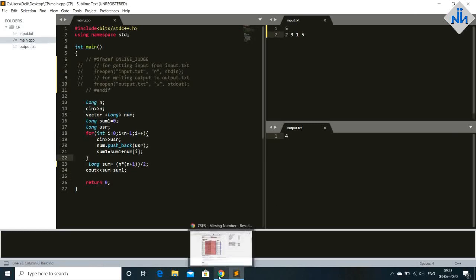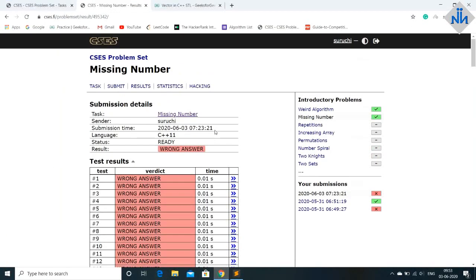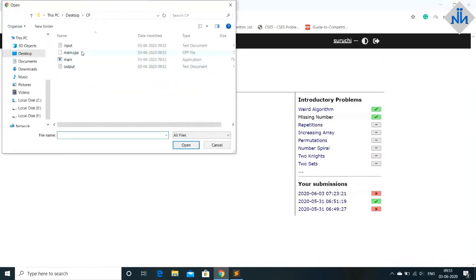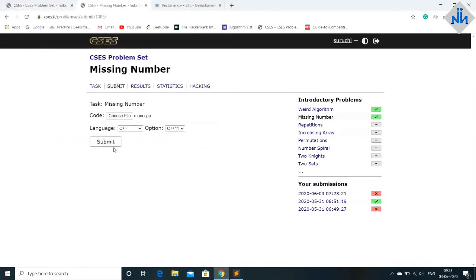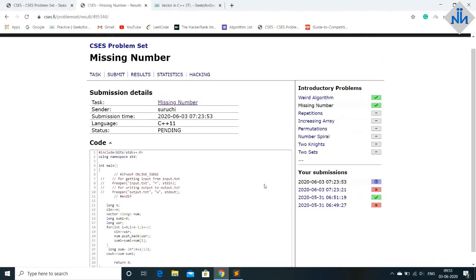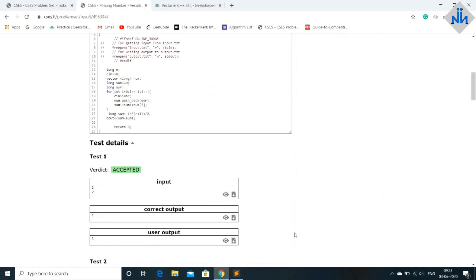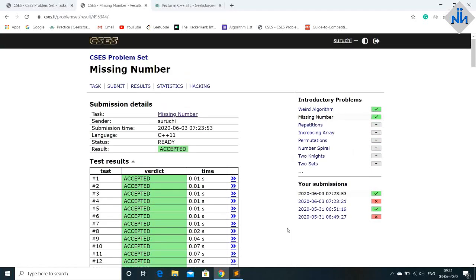Okay, we don't really need that. And is it saved? Yes, it's saved. After that, if I submit, choose file main.cpp and submit. Okay, it's accepted. So this is how you do this question.